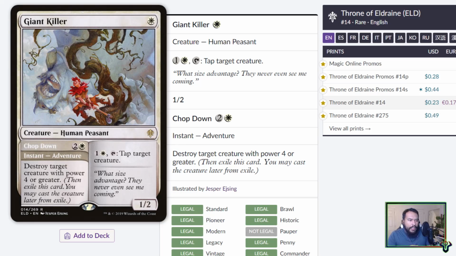Giant Killer, Chop Down. Right now, Historic Death and Taxes' biggest weakness is a lack of actual good removal. For what it's worth, that's Magic's current issue, is lack of any good removal. Threats are too good. Removal is garbage right now. Giant Killer can help you deal with some pesky large creatures,